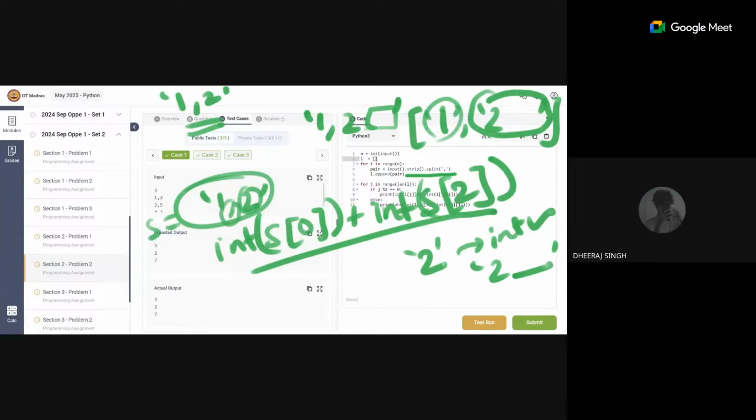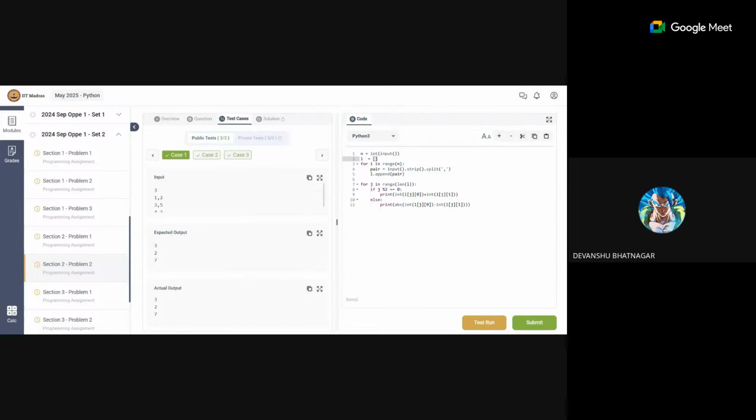Correct? Yeah, correct. Okay. Rahul, did you understand why we are doing this? You can directly do it. What you can do is you took a pair, you took an input, and what you did is